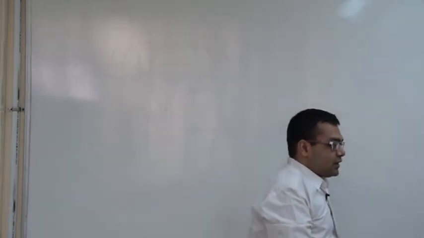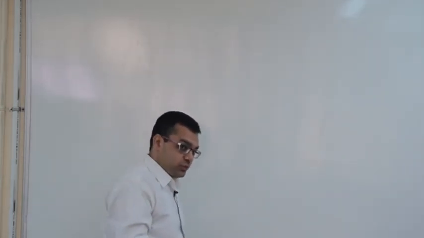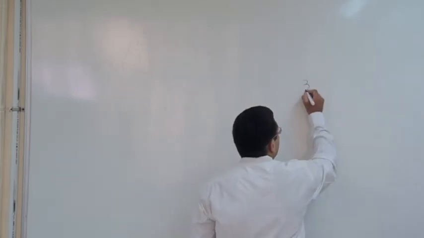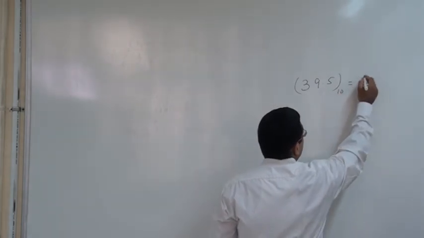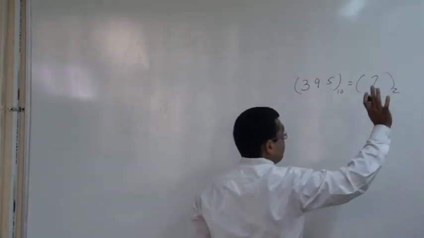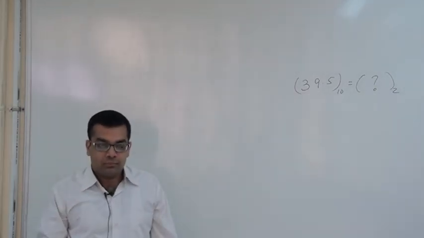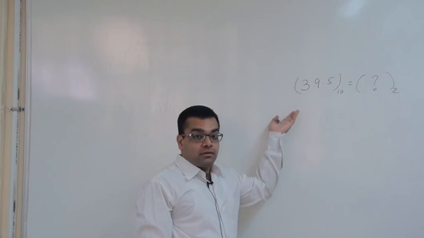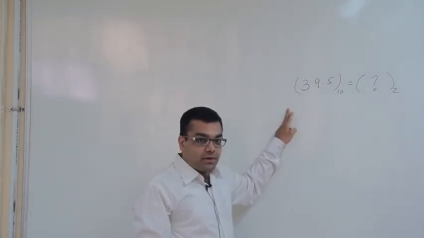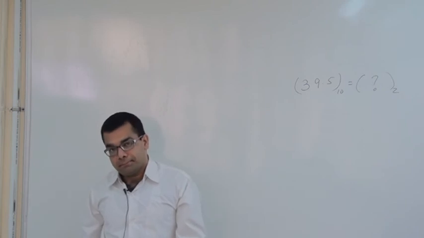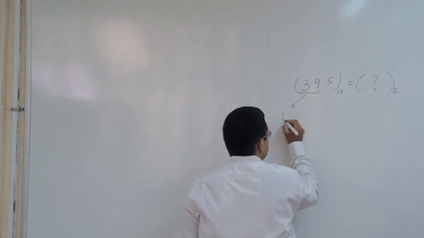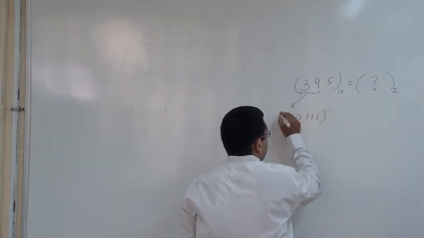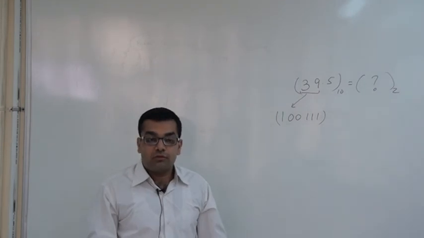Now this is a straightforward number in which we have no fractional values. What if our number has fractional values also? For example, if we want to convert say 39.5 to binary. So here we'll treat our number before the decimal point as separate and after the decimal point as separate. So 39 we have just now seen the representation. Now what about the 0.5?